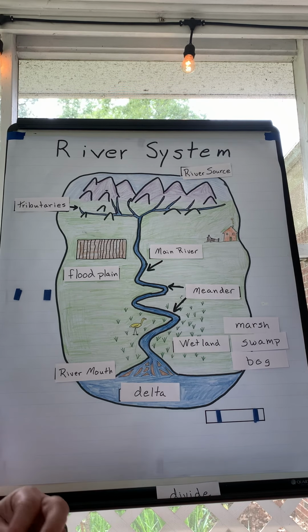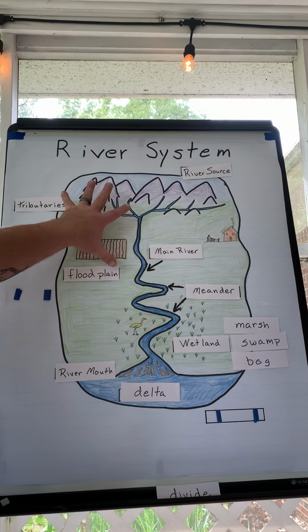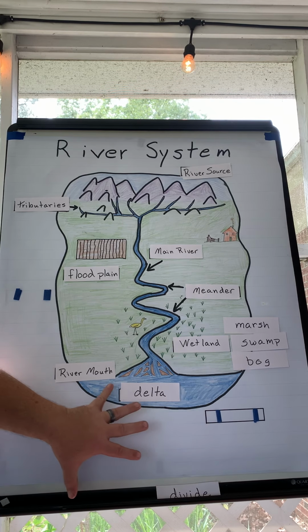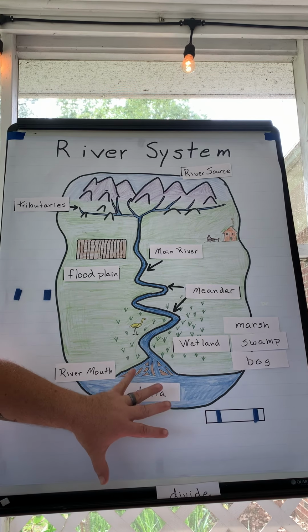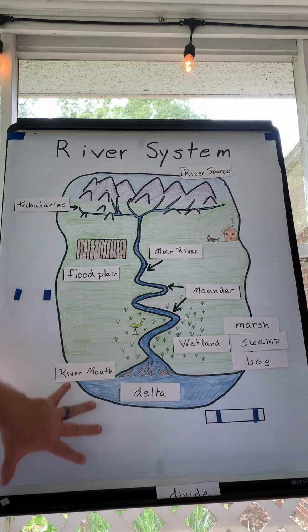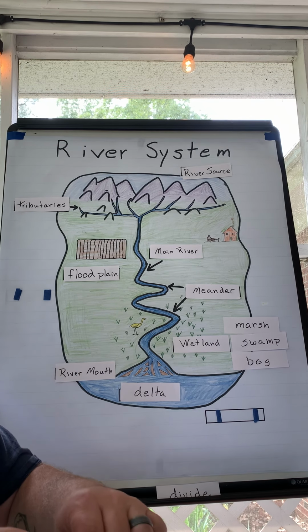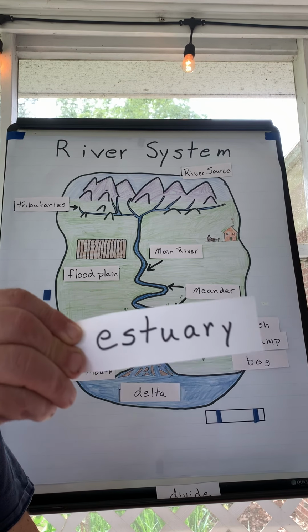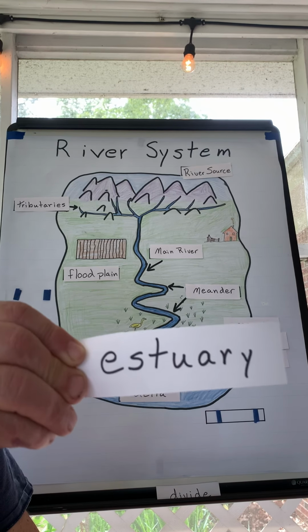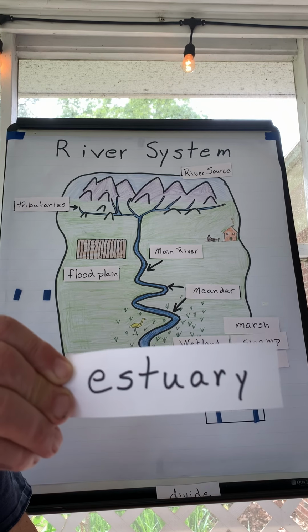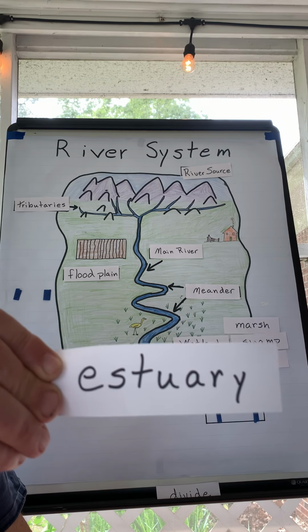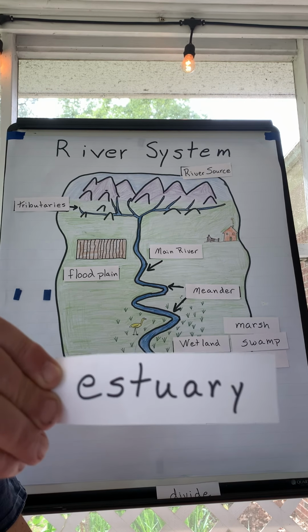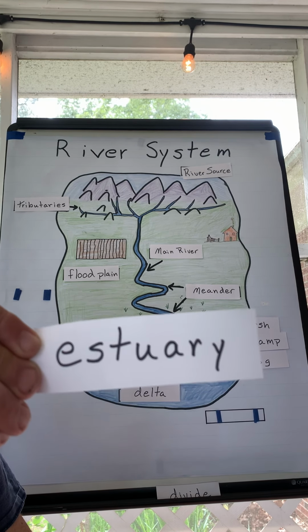And then you've got all of this fresh water flowing down from the mountains, and you've got the salt water from the Atlantic Ocean moving up into the bay, and they mix. And that area where they mix, the salt water and the freshwater, this is referred to as an estuary. Now, the estuary is not freshwater and it's not salt water. It's another word. They call it brackish water. It's where the salt and the freshwater mix and meet.